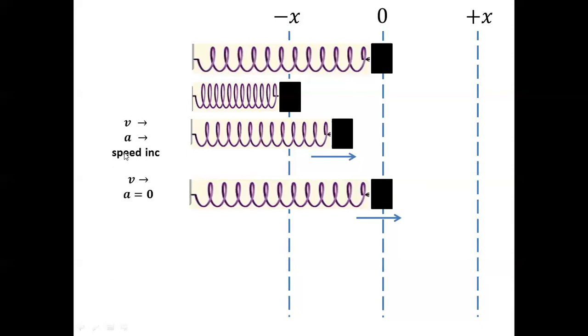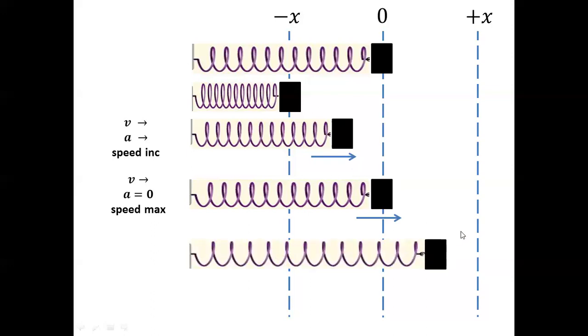Since initially the speed was increasing, or the magnitude of the velocity was increasing, and when it reached this point acceleration is 0, therefore, at this point, the velocity is not changing because, again, acceleration is 0. Which means we can say that at this point, the object has a maximum speed, or it achieved the maximum magnitude for the velocity. Now, since the object has a velocity at this position, then it overshoots